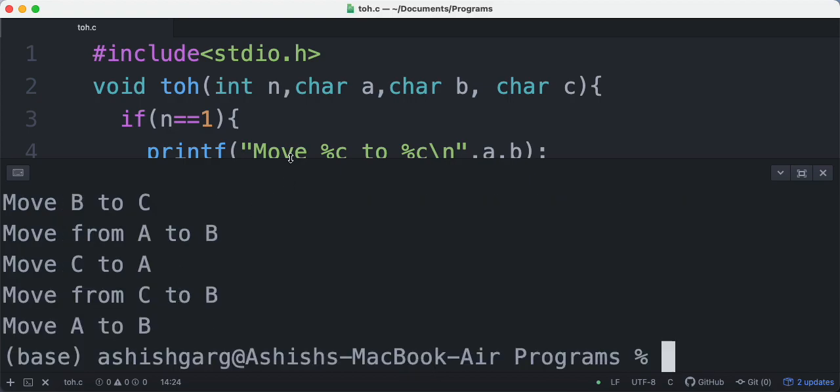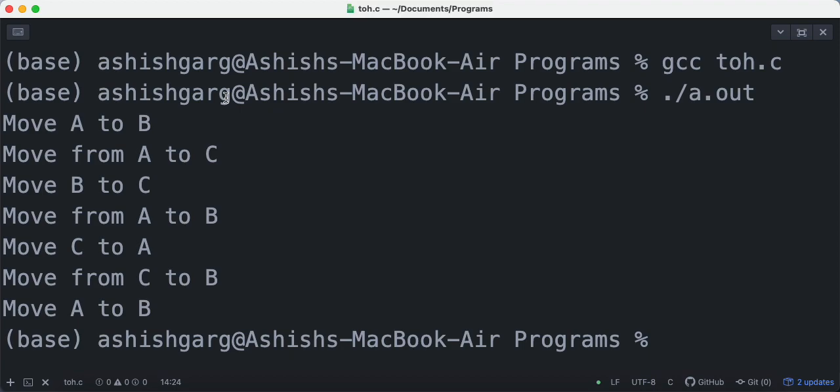See this, the total number of steps is 7. First of all, we have moved from A to B. Now you can verify all the steps also, because it is not moving 2 disks at a time. What it is doing is moving the smallest disk to B, that is the destination, and then the middle disk to C. Why?